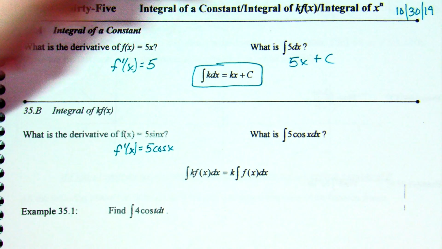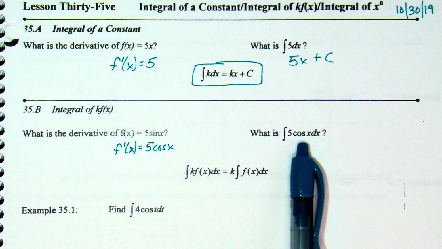Okay. Reverse. So what is the integral of 5 cosine x? 5 sine x plus c. Because again, you're going to keep the 5. What is the integral of cosine x? So what is it that you take the derivative of to get cosine x? And then, as always,